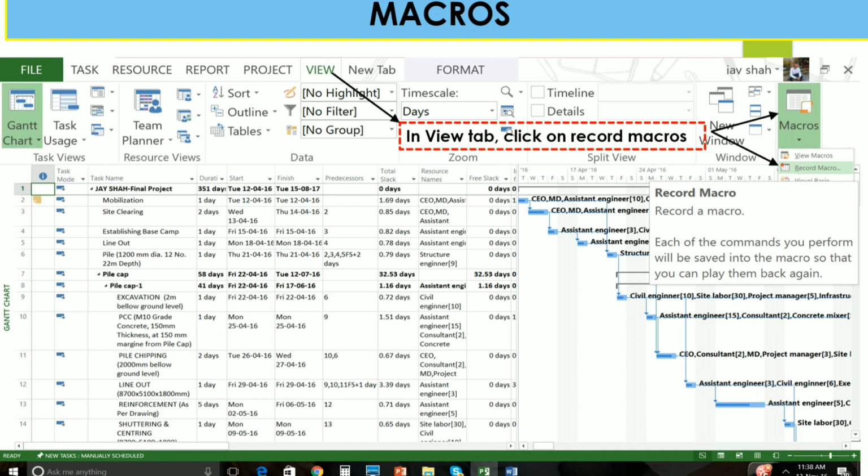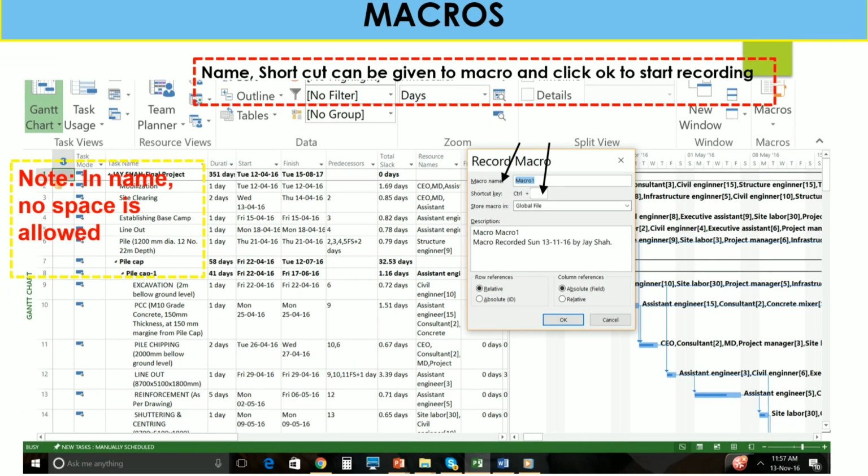To start with macros, go to the View tab and click on Record Macros. Here you can select from here also and click on Record Macros. After clicking Record Macro, you can see a pop-up window like this. Here are the macro name, shortcut key, store macro in, and the description.